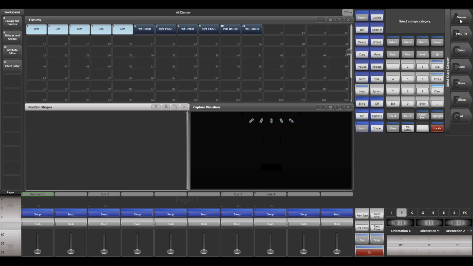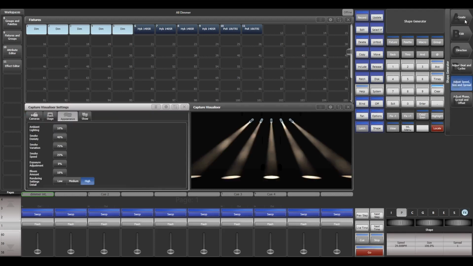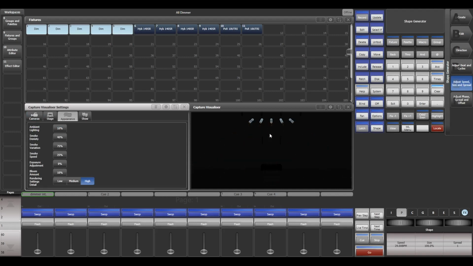For this, we're just going to go dimmer. I'm going to say dimmer spread. Now you can see it kind of comes on and off at the same time. It's because it's all set to spread 1. So if we set that to a spread of 5,